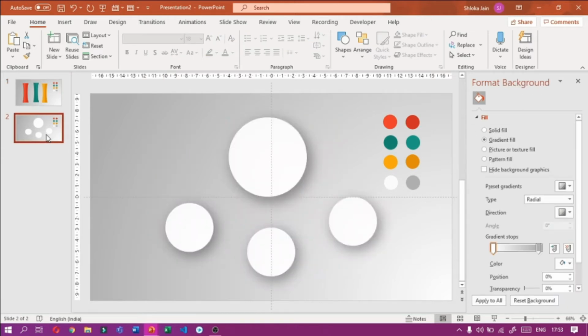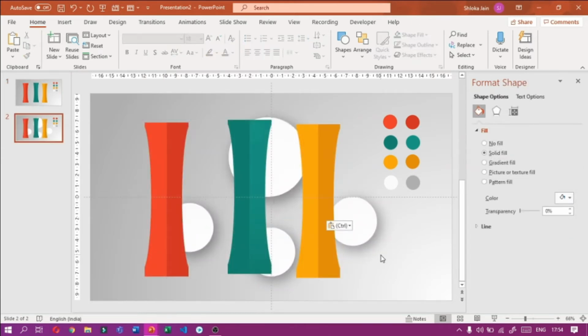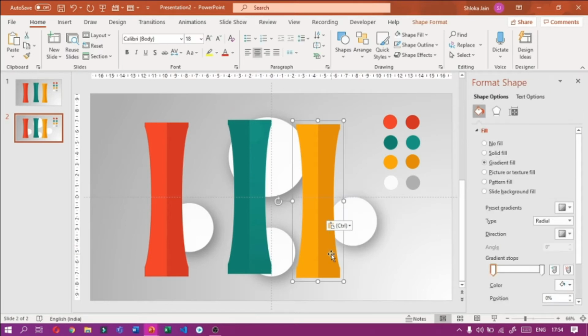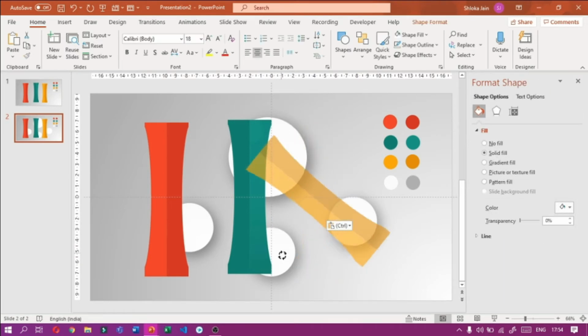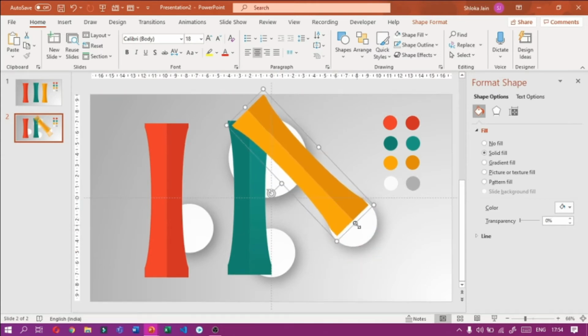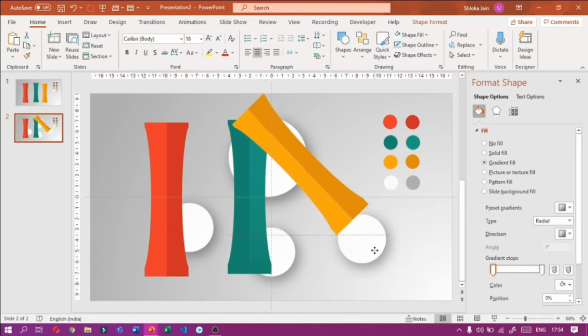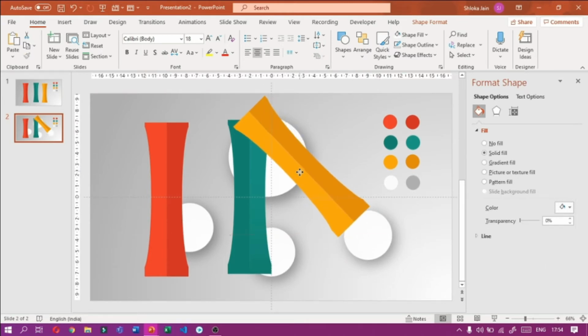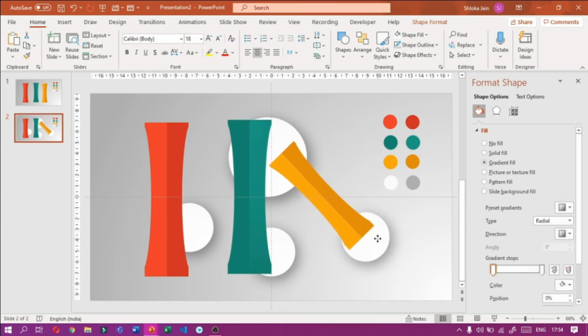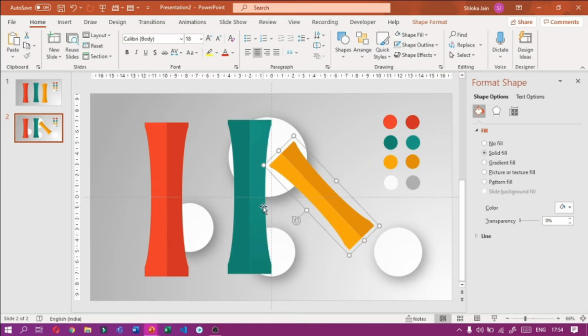and paste them here. So we have to rotate it and we have to adjust it. So if I did it like this, then I selected it, I decreased size, but before doing it